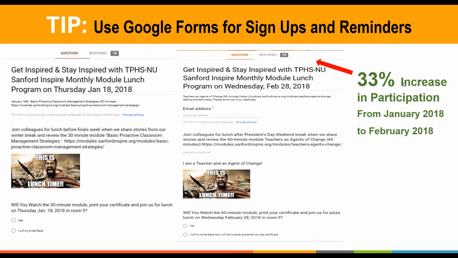And one of the first responses I got from the very first year we did it, teachers said, please don't let this just be a one-time off thing. Keep this momentum moving, keep these ideas coming. And so what we did was use the Sanford Inspire modules that are online, and I'll show you where to find those in a little bit. I went through those with some teachers and figured out, what do we need at Torrey Pines? What concepts do we need? And we pulled out some of those